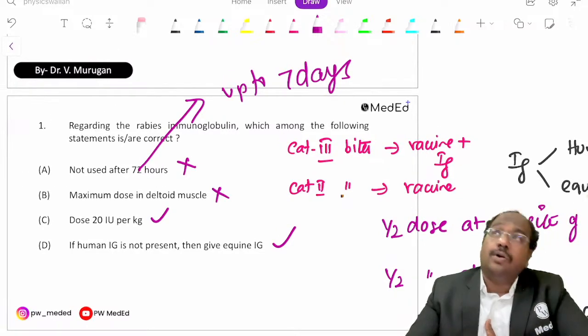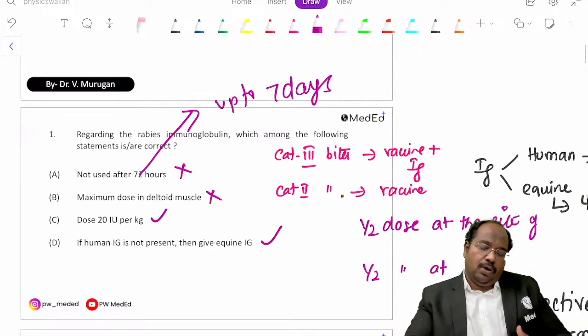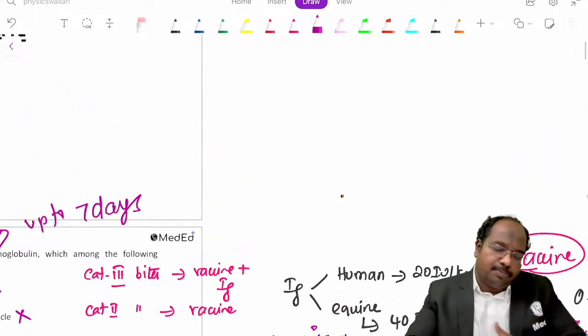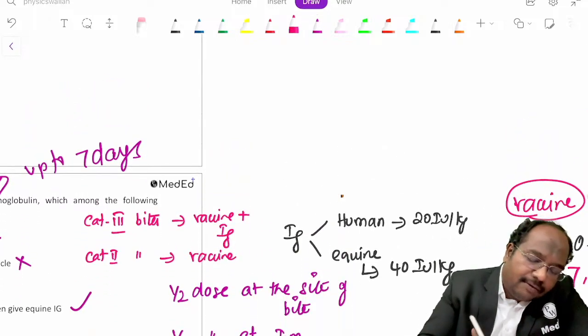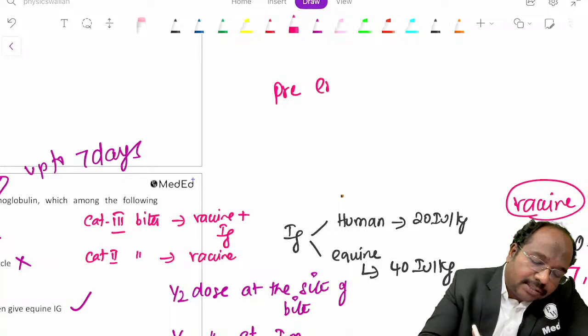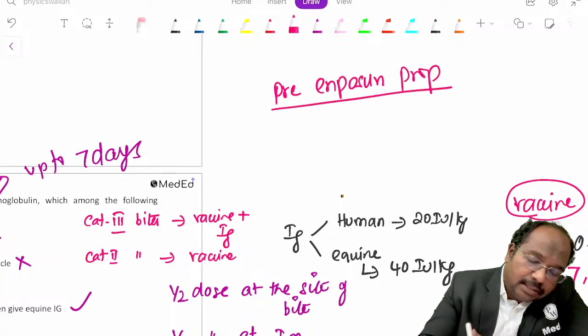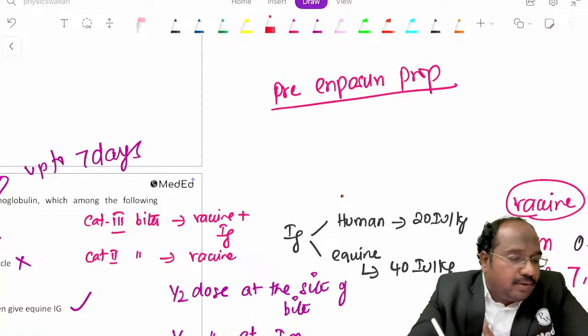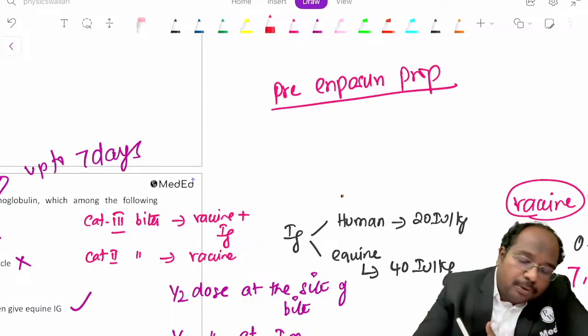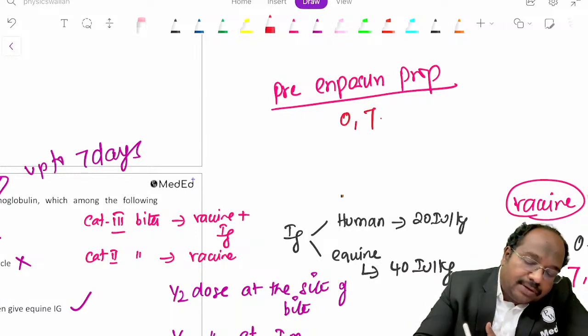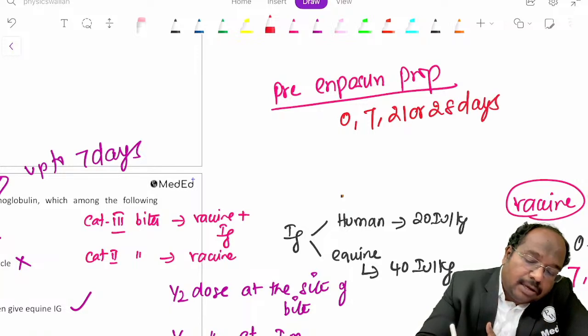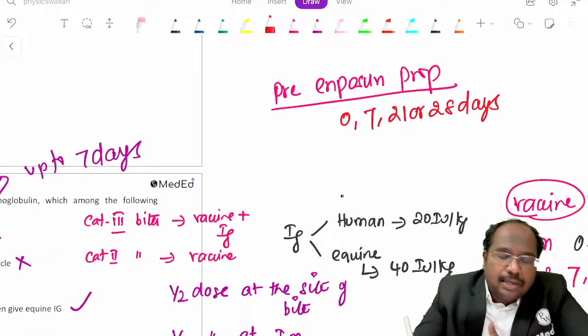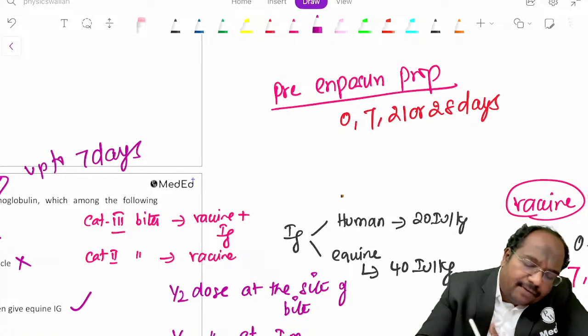Okay, we'll go to the next question. If you want pre-exposure prophylaxis, some points related to pre-exposure prophylaxis. Okay, it's working fine. Pre-exposure prophylaxis is given on days 0, 7, 21 or 28. If you want to give it to someone already vaccinated,